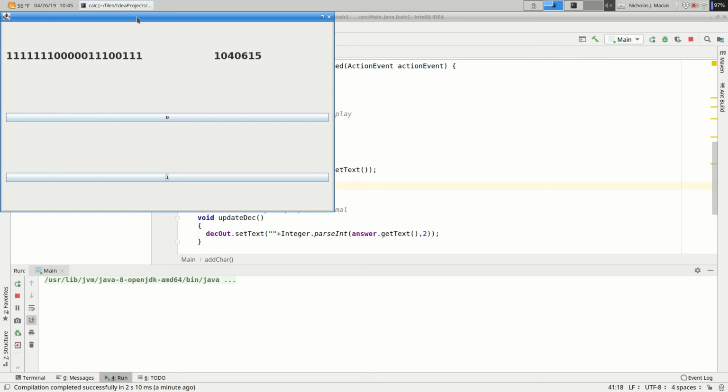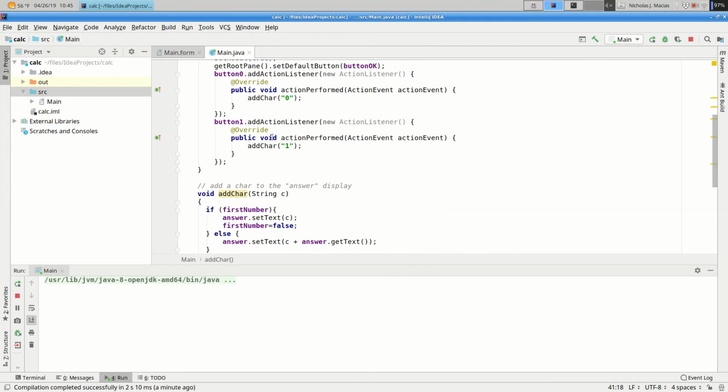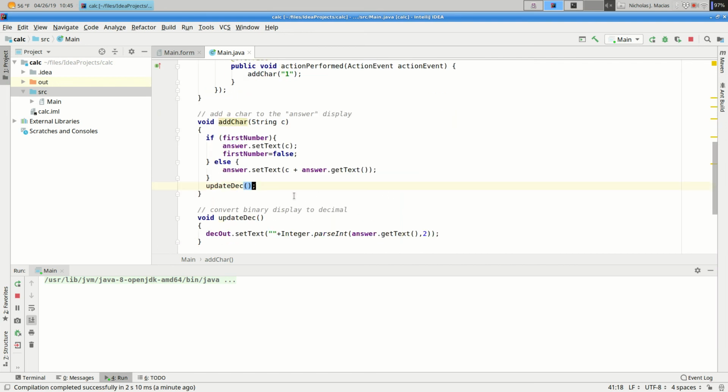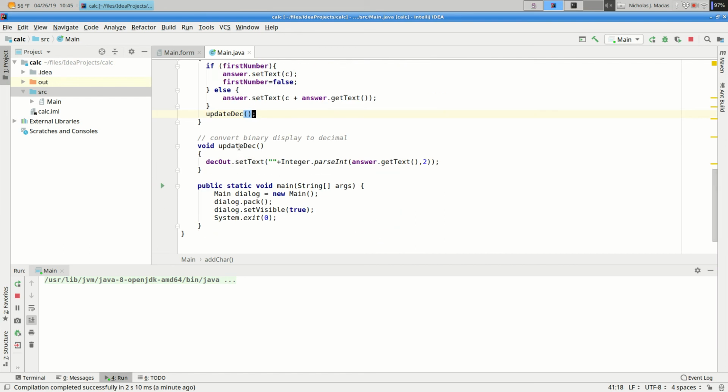And this is not a lot of code. Right? We put in two calls to add character, we wrote add character, we wrote update decimal, that's it. And we've already got stuff happening.